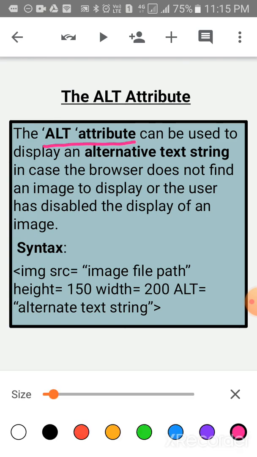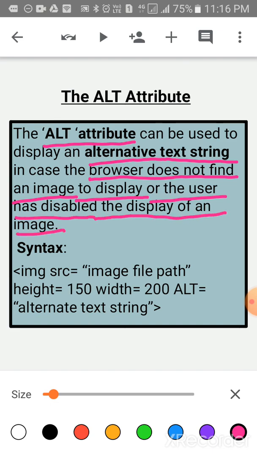Okay, now children, come to the alt attribute. Children, the alt attribute can be used to display an alternative text string in case the browser does not find any image to display or the user has disabled the display of images. The syntax is, as I told you, img space src, within quotes write down the image file path, and after that space height is equal to 150 and width is equal to 200.